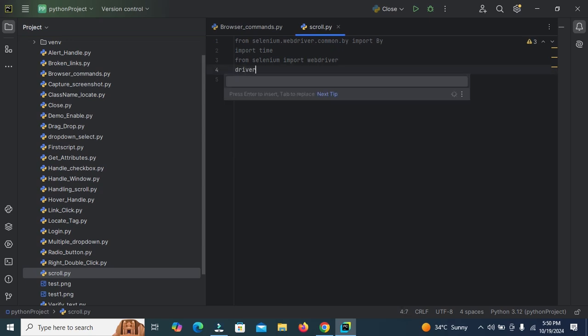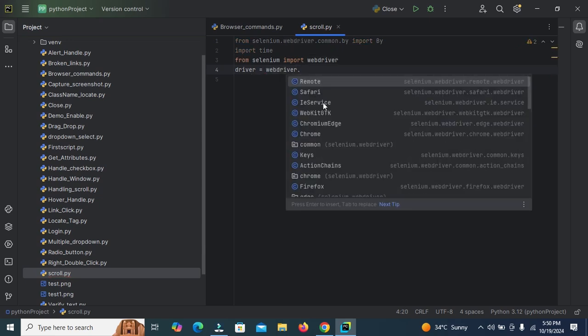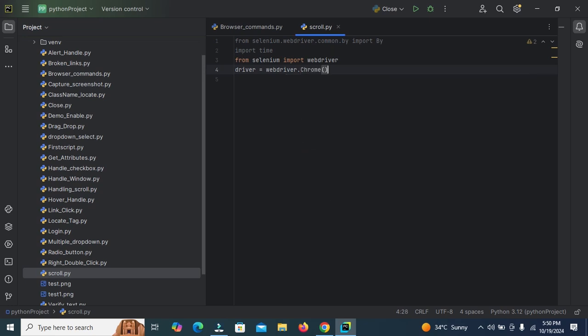Now, initialize a Chrome WebDriver instance. driver is equal to webdriver.Chrome. Here you can view the different browsers available: Chrome, Safari. So click on this Chrome. After initializing the instance of the Chrome browser,